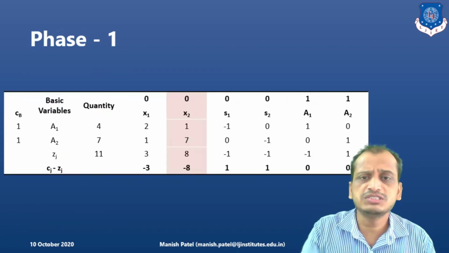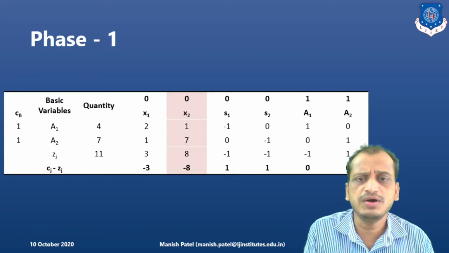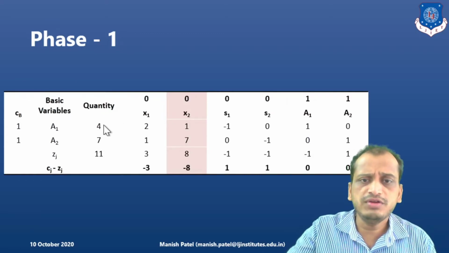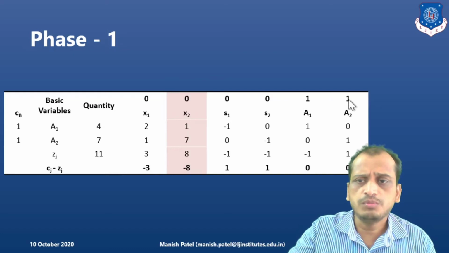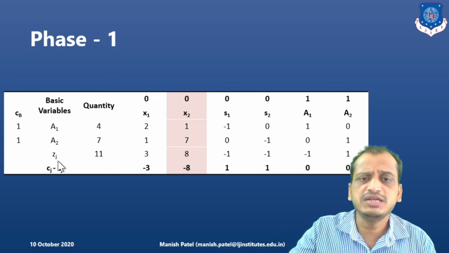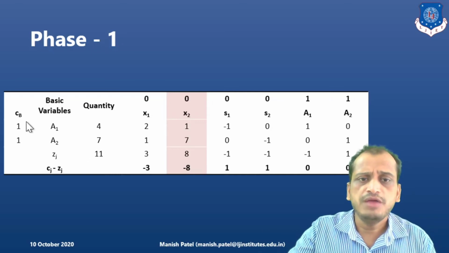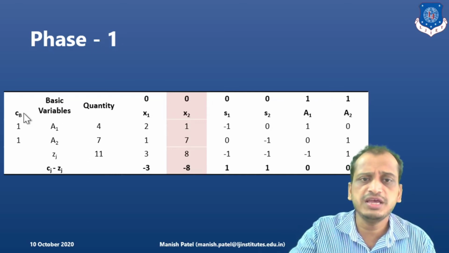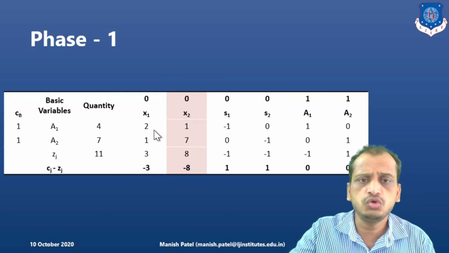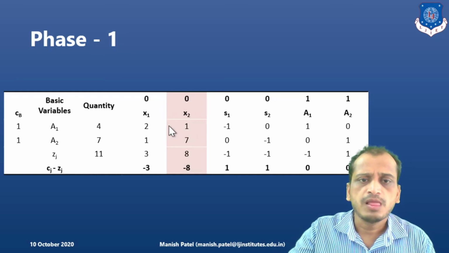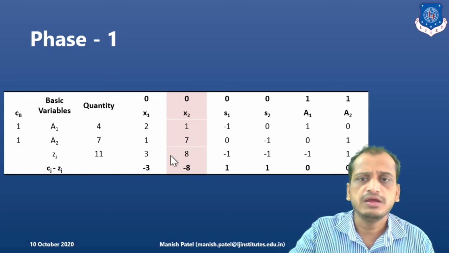So we convert into a simplex table for phase 1. Here, we have written down the coefficients of the objective function and the constraints. Based on that, what is the next step? We calculate Zj. We have also written down the artificial variable coefficients here as the coefficients of the basic variables, 1 and 1. Now next we find Zj. How do we find Zj? 2 multiplied by 1 plus 1 into 1, that is equal to 3. 1 into 1 plus 1 into 7 is 8, and accordingly. So we have found Zj.